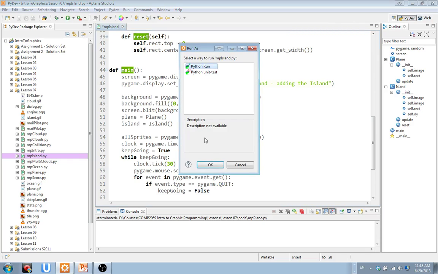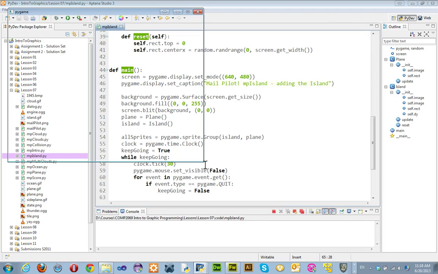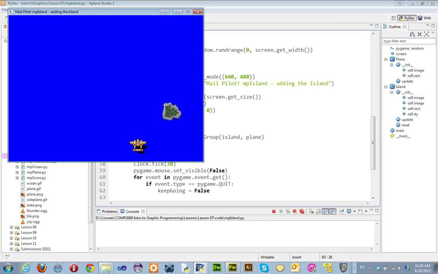Okay, so I'm going to run it. I have my plane, like we defined in my previous iteration, and my island sprite is going to come at a random location at the top of my screen. So far it looks like the right side of my screen, but there it is. There's one here. And if you notice, my plane looks like it's flying over the island sprite,